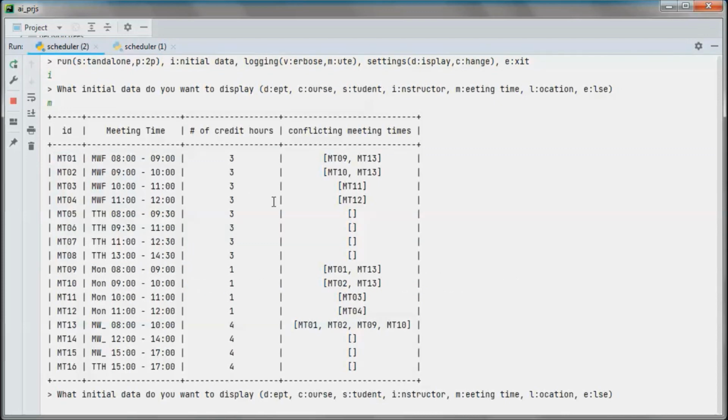and here in the new version we have a different number of credit hours. So those are for 3 credit hours, and those meeting times are for 1 credit hour, and those for 4 credit hours.